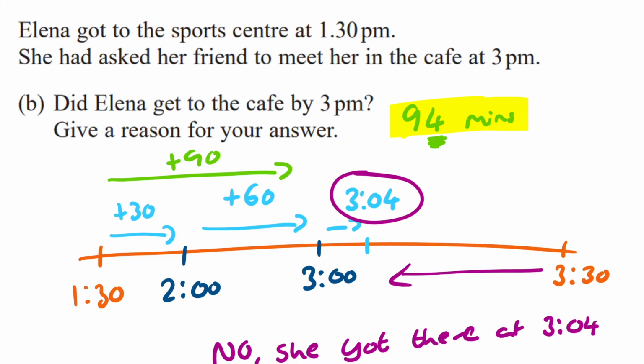You could also have answered this question by working backwards. We know that she was in the cafe for 26 minutes, and when you do 3:30 minus 26 minutes, that gets you to 3:04. So that tells you that she gets to the cafe after 3 o'clock, so your answer would still be